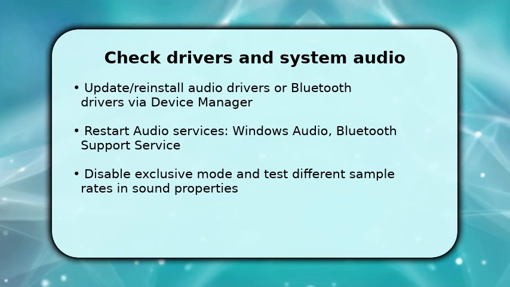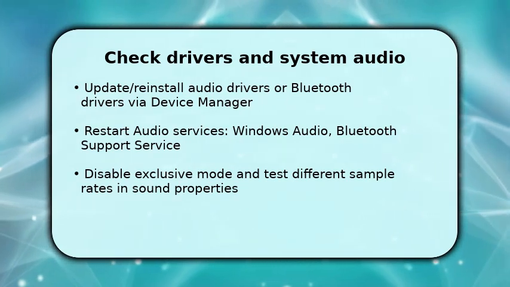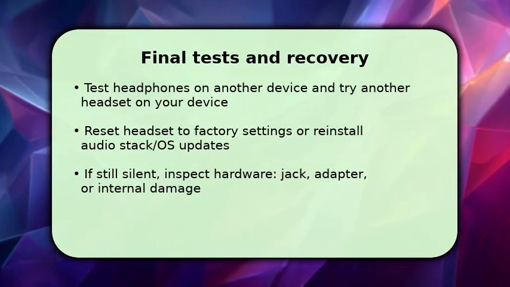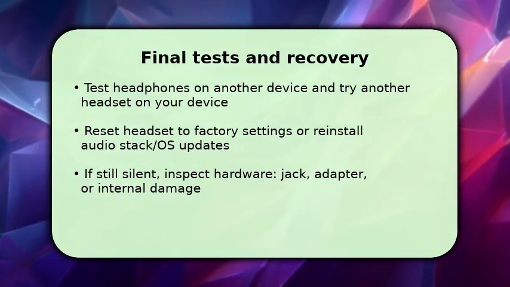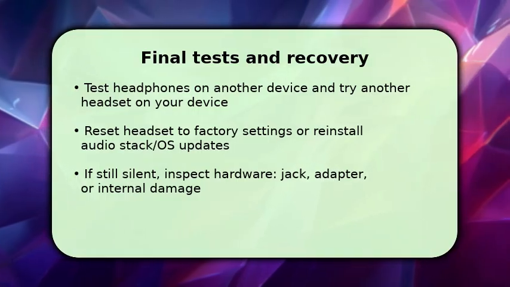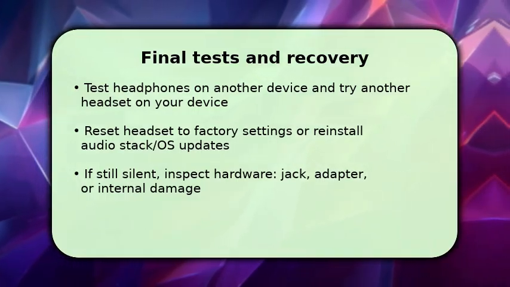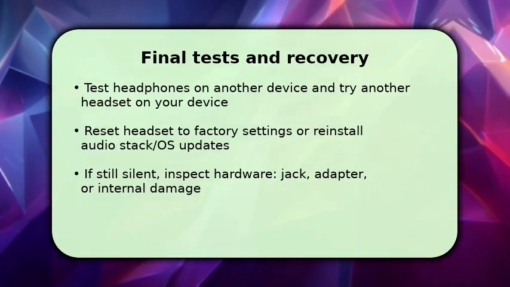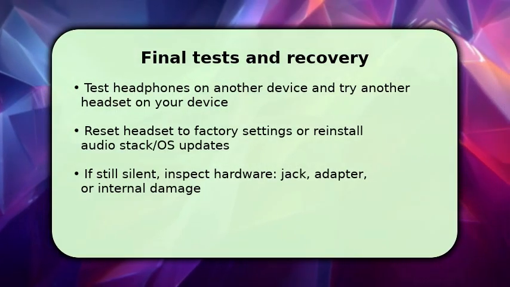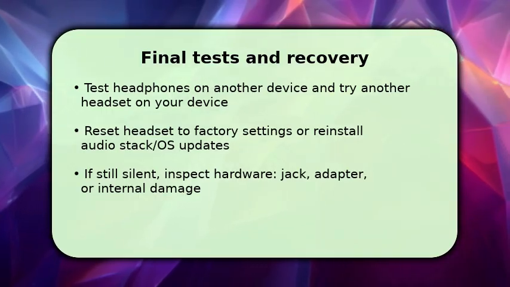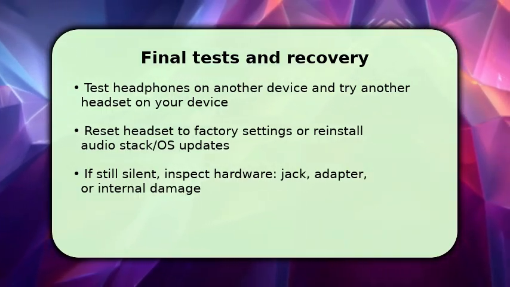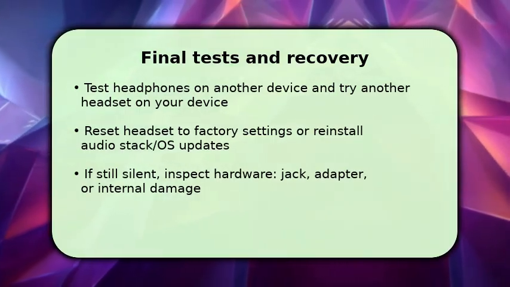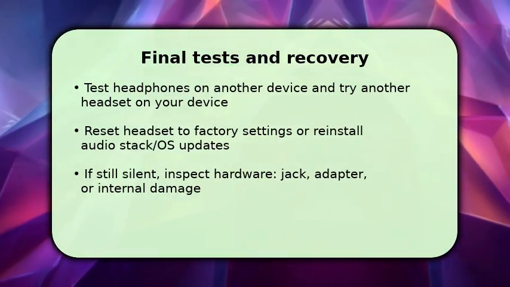Finally, validate hardware versus system. Test the headphones on a separate device and try different headphones on yours so you isolate the fault. If software still seems to blame, reset the headset to factory defaults or reinstall the audio stack and apply pending OS updates. If those fail, inspect physical connectors, adapters, and internal damage. Loose jack pins or broken wires are common. If nothing works, one troubleshooting tip: swap to wired or a different Bluetooth dongle to quickly determine if the